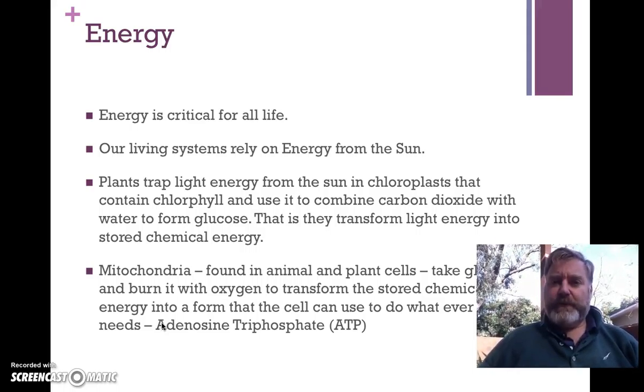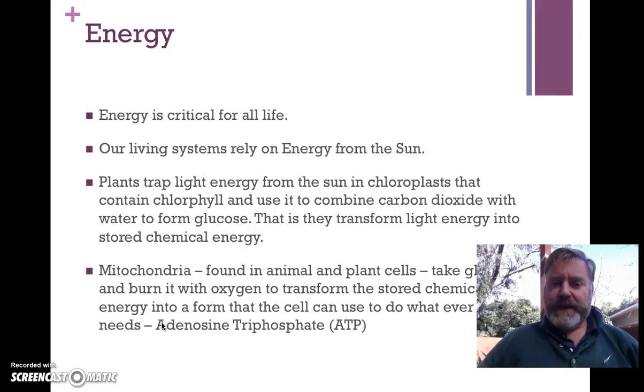So plants, fortunately, have an ancient prokaryote known as a chloroplast living in endosymbiosis inside plant cells, and they contain chlorophyll. And that pigment, chlorophyll, which gives them their green colour, can trap sunlight. And more than that, it allows for this chemical process we call photosynthesis that we talked about in class to combine carbon dioxide and water to create glucose. And glucose allows us to store chemical energy. So in an energy transfer, light energy from the sun has been transformed into stored chemical energy. But at this point in time it's useless.